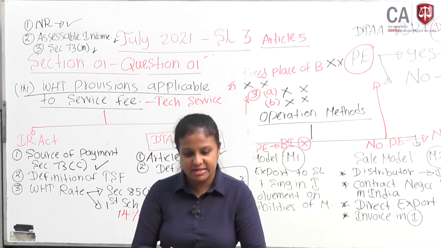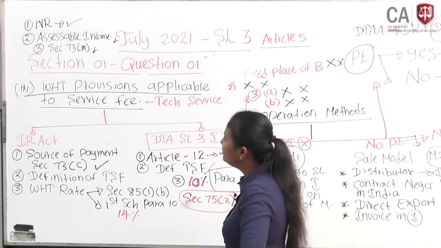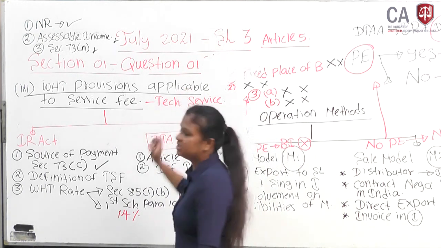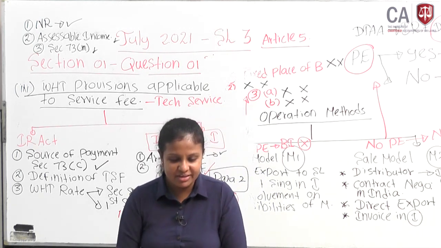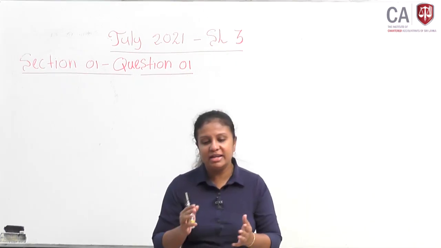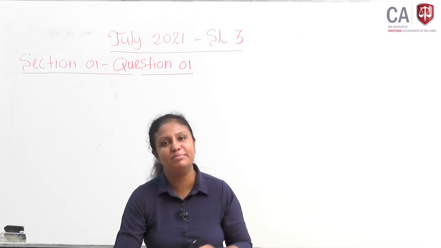Then it is the end of the part 3 discussion, all of Roman 1, Roman 2 and Roman 3 in section 1, question 1, part A are completed. Now we need to come to a different angle of the question, part B. Okay, now the next part of the discussion, this is a separate question